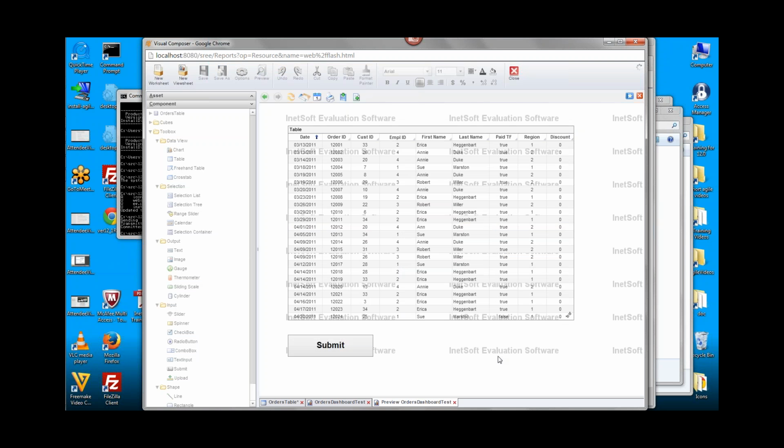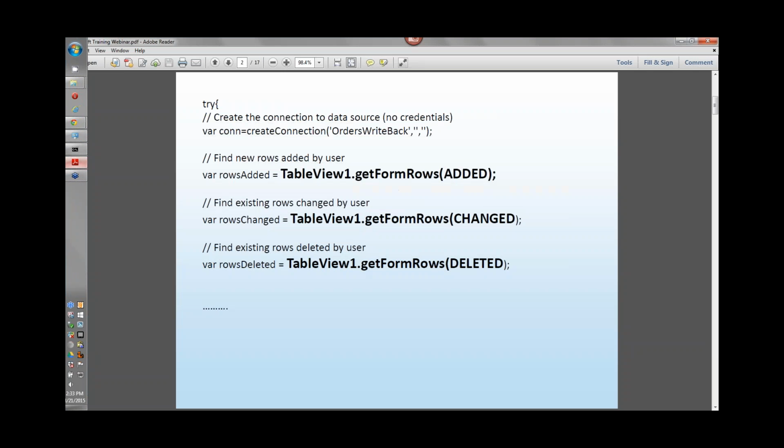Okay, so now we're indeed up to the difficult part. The difficult part is how do you write these changes back to the database, right? And this is where you really need to have a lot of knowledge about your database because you need to construct the SQL string that will be sent to the database, right? And the syntax of that will depend on the particular database you're using and probably on some other factors as well. So let me illustrate what this would look like, right? And I'm not going to write this whole script from start to finish because, at the speed that I type, it would take a long time. So I'm just going to go through it on the slide here, and then I'm going to copy the slide into the submit button, and we'll see how it works.